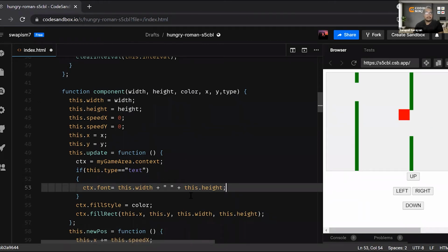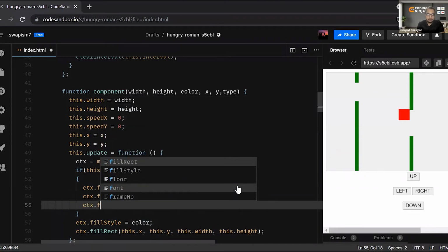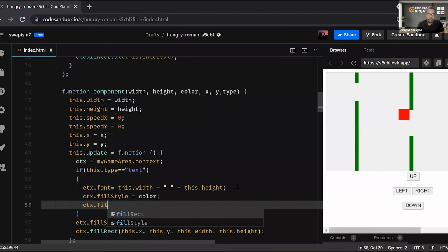And then ctx fill style is color, and ctx fill. Then we will simply add one more function, ctx dot fill text. This function is also inside the context 2D which we added.